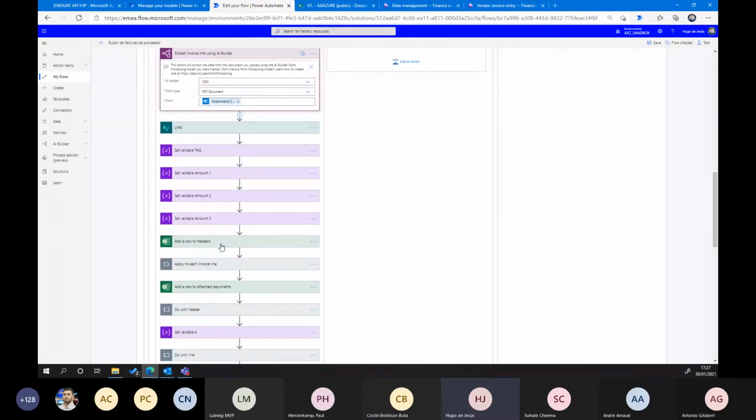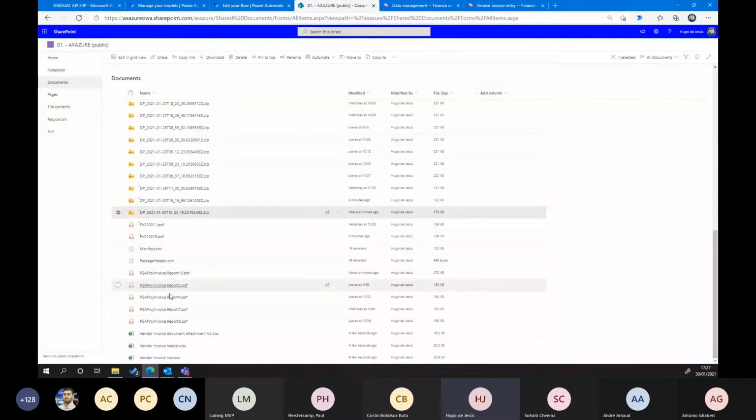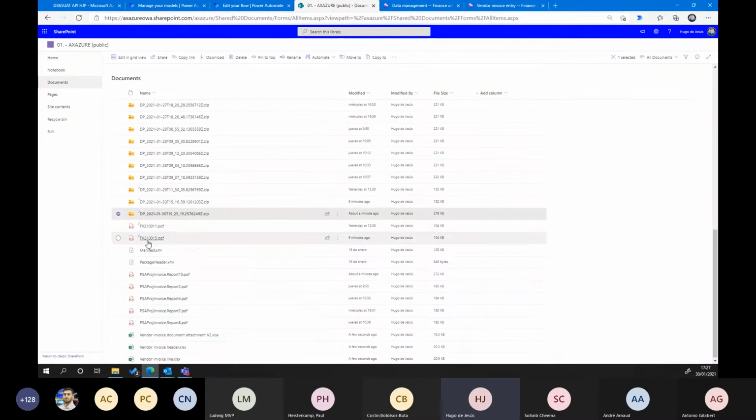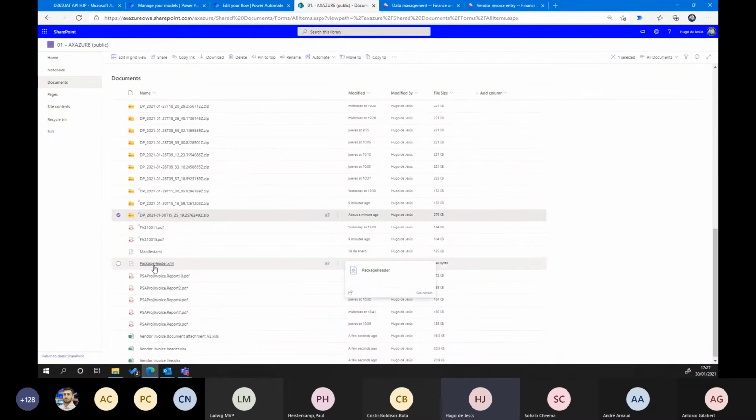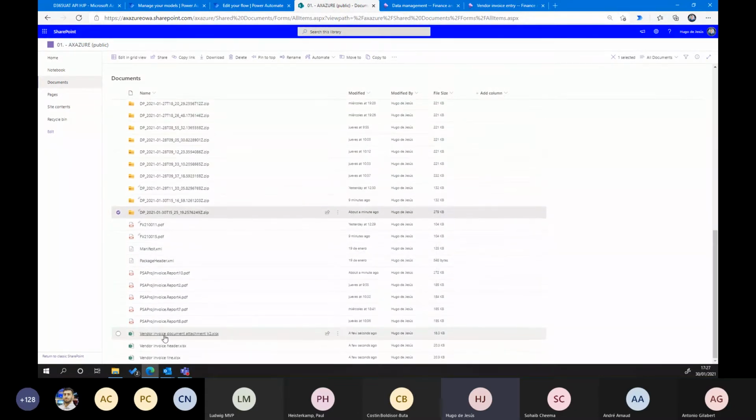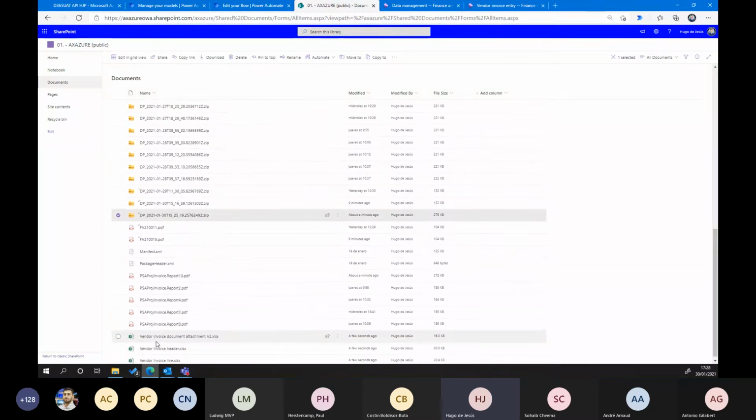Again, the tricky part here is creating the data package, because to do this, we need to create rows in some Excel files, and then compress these files in a zip document. For this reason, we need to use SharePoint. In SharePoint, we have the three entities, blank entities without any information, the manifest and the package header. With this information, we can create the data package. But first of all, we need to fill in all the information in these entities.